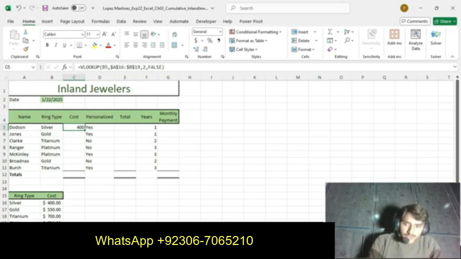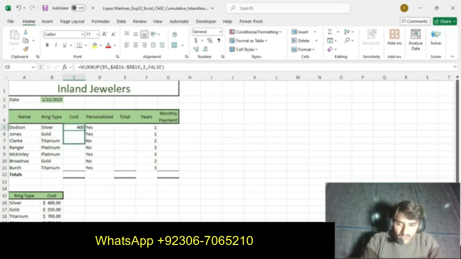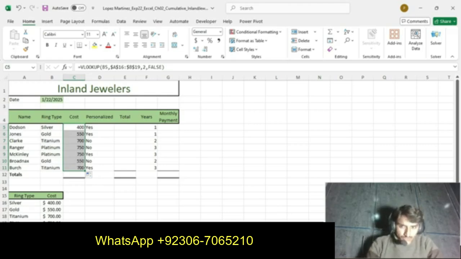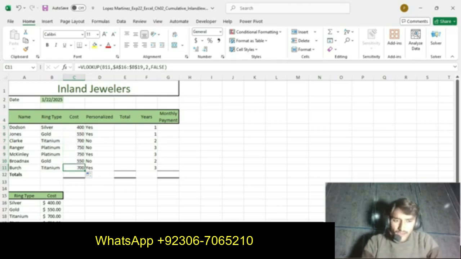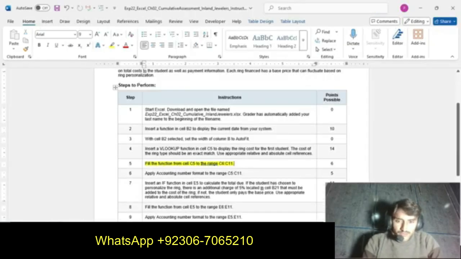So we get this sign, then drag the arrow down and fill the function from C6 to C11. See the result here. So our step number 5 is completed.